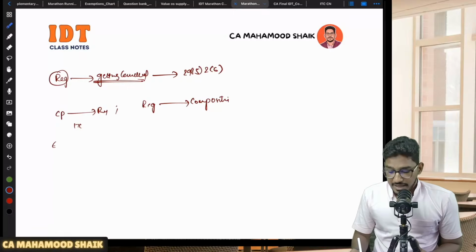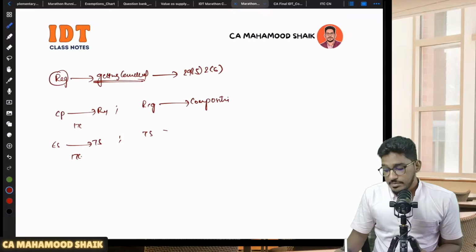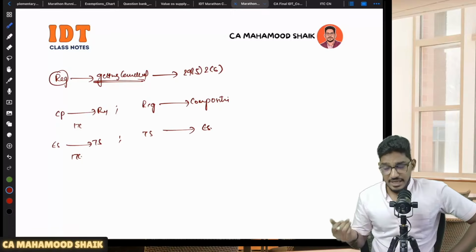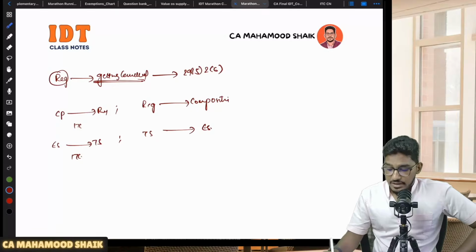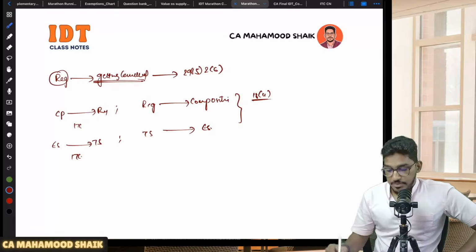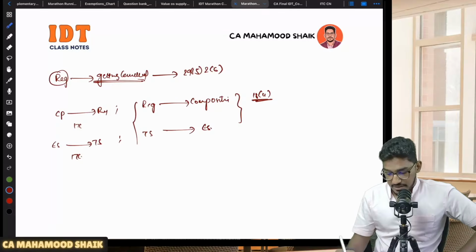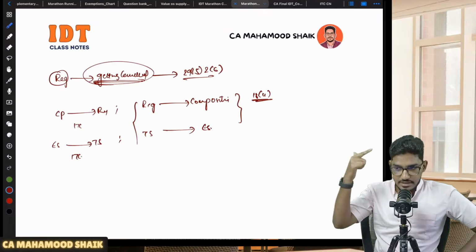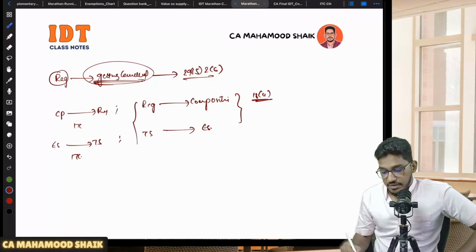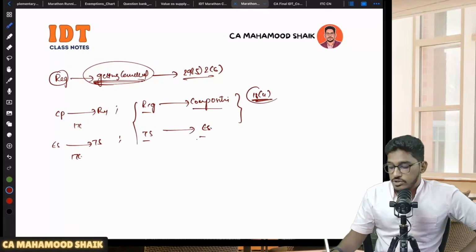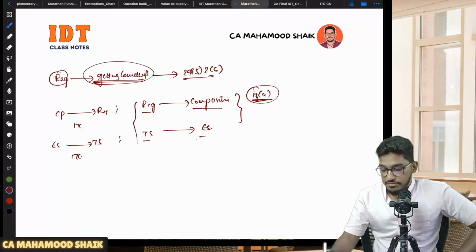Similarly, you told that when my exempt supply becomes taxable supply, I can take ITC. Sir, what if my taxable supply is becoming exempt supply? Then also I am required to pay. Yes, you are required to pay under 18 subsection 4 in these two circumstances. If your registration is getting cancelled, you are required to pay under 29 subsection 5 and 6. In case you are converting from regular to composition, or your taxable supply becomes exempt supply, then also you will be liable to pay under 18 subsection 4.